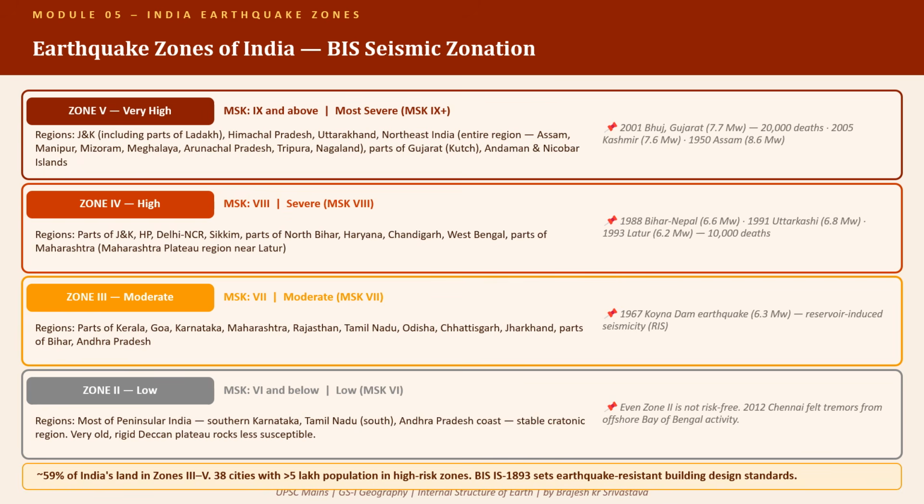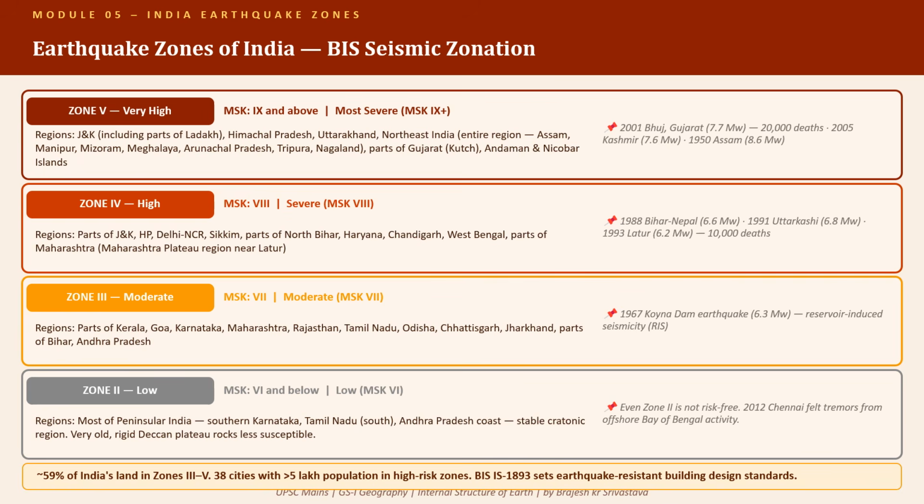Zone 5, very high risk. This covers the entire northeast India: Assam, Manipur, Mizoram, Meghalaya, Arunachal Pradesh, Tripura, Nagaland. The most seismically active region in India. Also covers Jammu and Kashmir, including parts of Ladakh, Himachal Pradesh, Uttarakhand, the Kutch region of Gujarat, and the Andaman